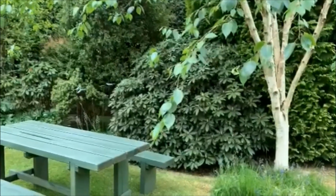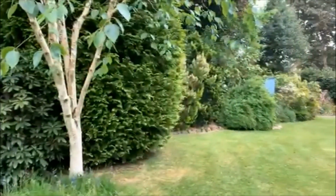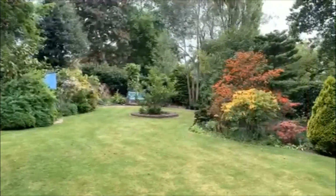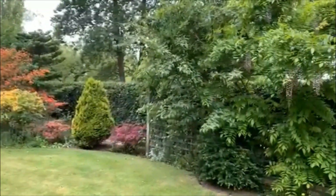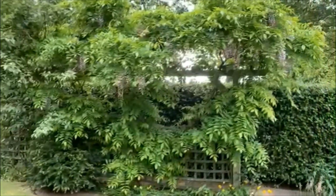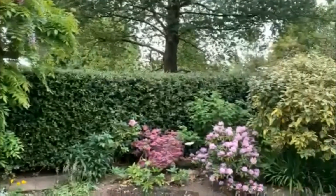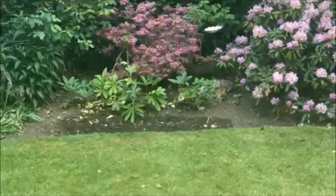We've missed the best of the colours, unfortunately, with the rhododendrons now gone and the azaleas dying back, but the scent is gorgeous. I'm afraid we also lost the wisteria to the wind, and we obviously haven't pruned it properly because it's gone a bit mad. But round here, I'm going to try and do a zoom down there, is you